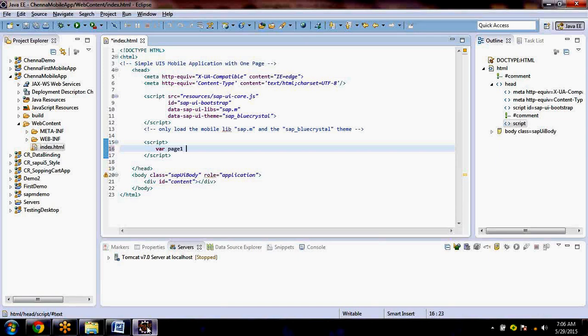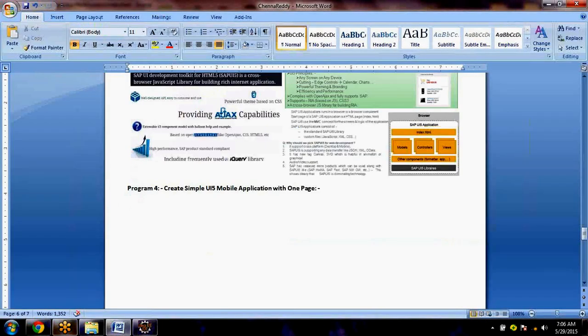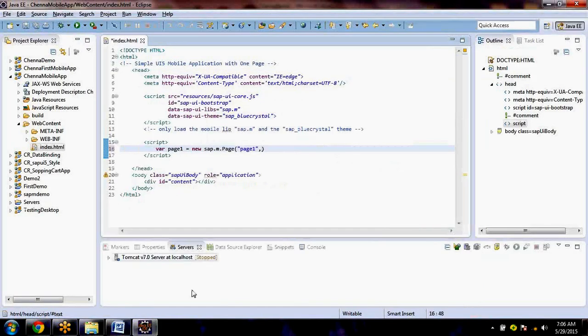I'm creating a new page: var page1 equals new sap.m.Page. P is a capital letter; this is called the naming standard. I think everyone knows. If you don't know naming standards, that's fine; we can start some certification. For page1 I'm giving some ID. Then inside this page, I would like to have a title.